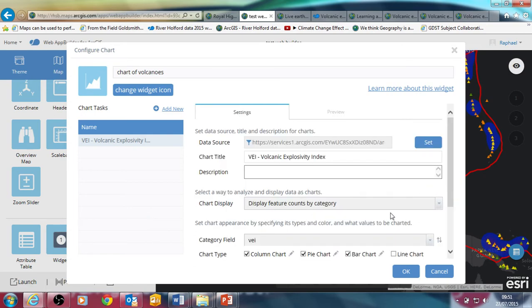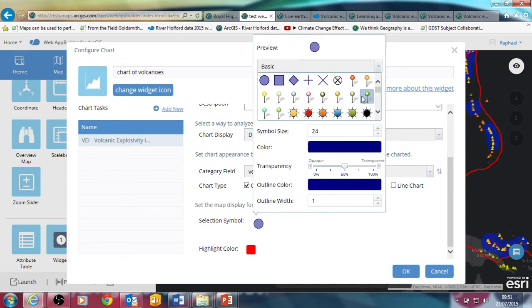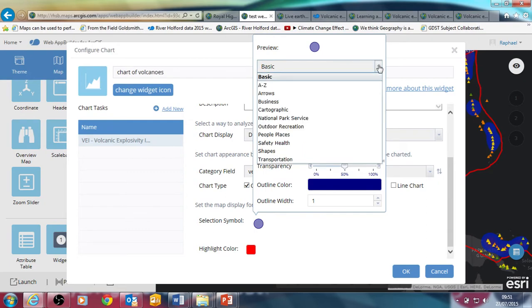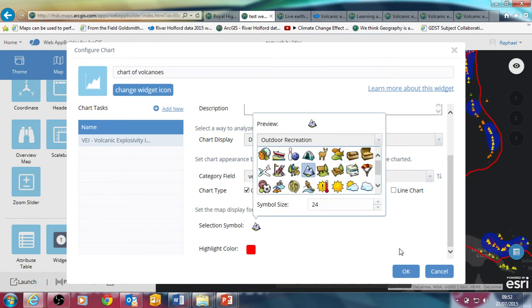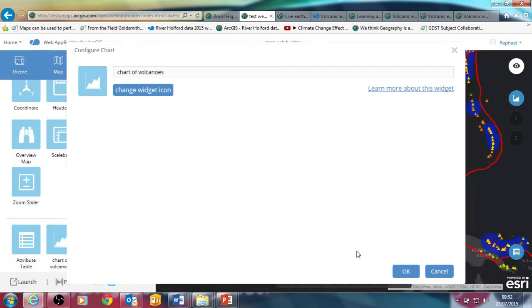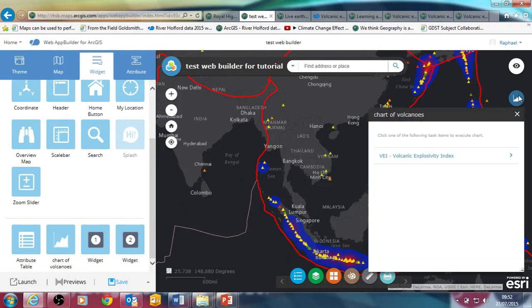If not, I can, as I say, go back and play around with the look of this particular graph and what it's doing. I might play around with the selection symbol just to show you how this looks. Let's pick something like outdoor recreation. I'll pick a symbol like that, the mountains, just to show that it can look different. Okay, I think I saved that. Okay, so if we click on the chart icon now, it's recognised that it's got a chart set up for